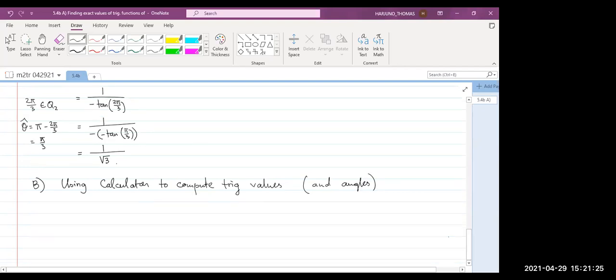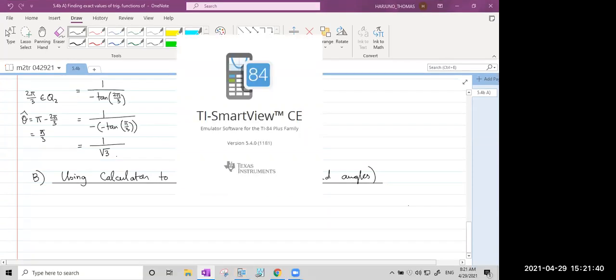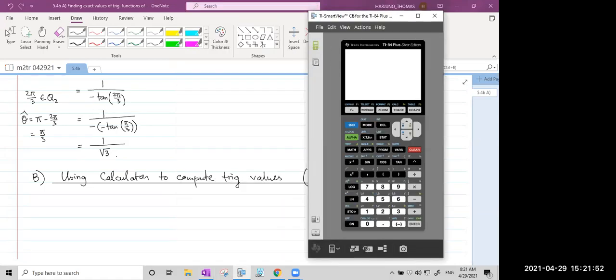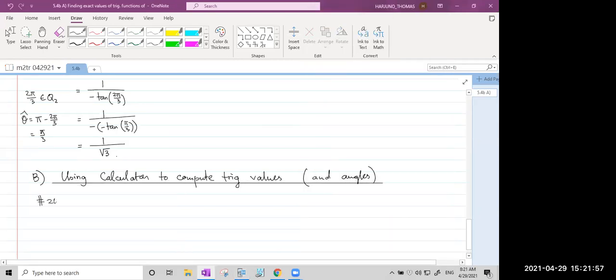Now grab your calculator, please. I grab mine also. Unfortunately, the calculator I have on my computer is a TI-84. Now, how do we use a calculator to compute certain things? Let's say, for example, we take a look at number 20A. What is cosine